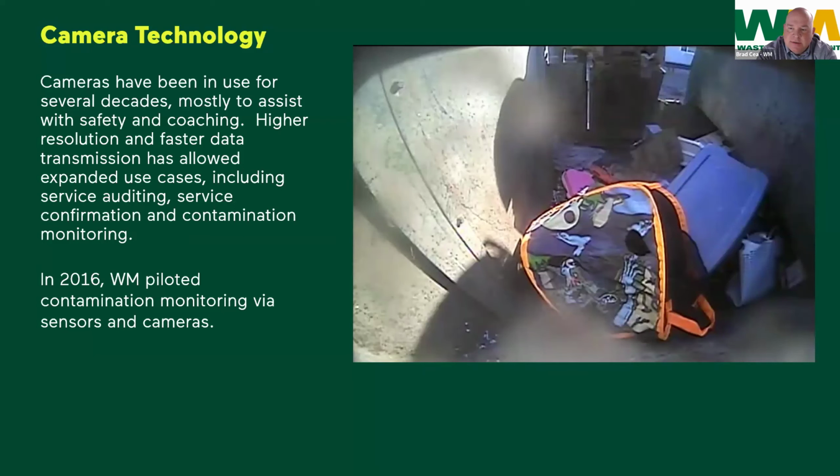This picture kind of says 1,000 words. This is not somebody that's habitually contaminating. They just need a little bit of education. If you look at the plastic bin at the top there, that's a plastic bin for a storage container. And more than likely, the resident was thinking, hey, this is plastic. By all the education I've received, plastics can go into the recycling bin, so I'll throw plastics in there. This little toy toter that they had in here probably had some plastic and some metal in there, and they're thinking, okay, the education material that was sent out had that material as being able to go into my recycling bin. So this is where we would work with Megan and say, okay, Megan, here are the contaminants